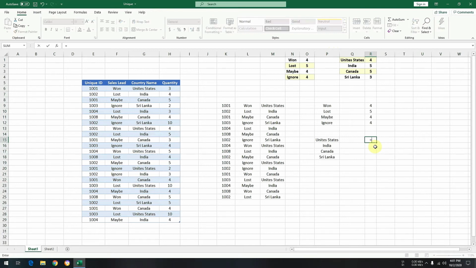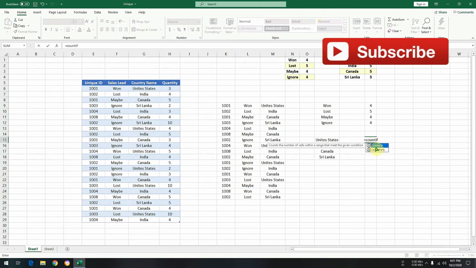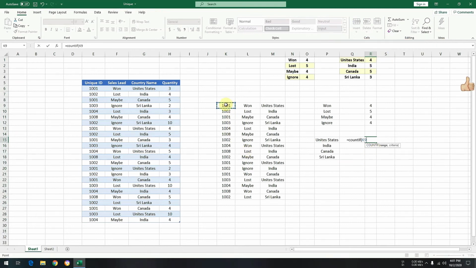Now I need to do equal to COUNTIF, start the bracket, select a single cell, use the hash with it so that it takes the entire range, comma, I want to count for this particular word, again press hash, close the bracket and simply press enter.